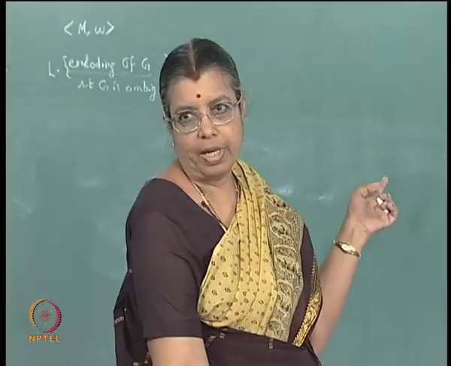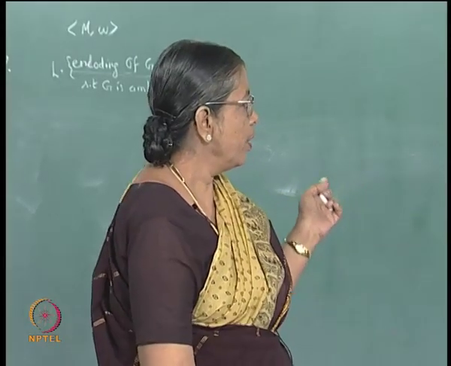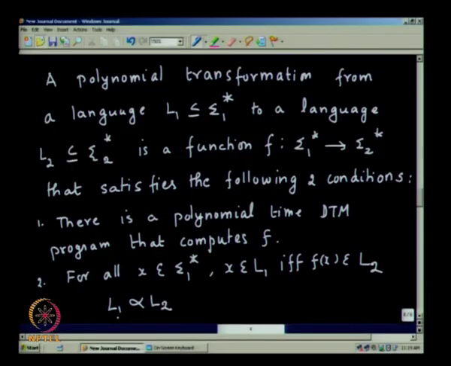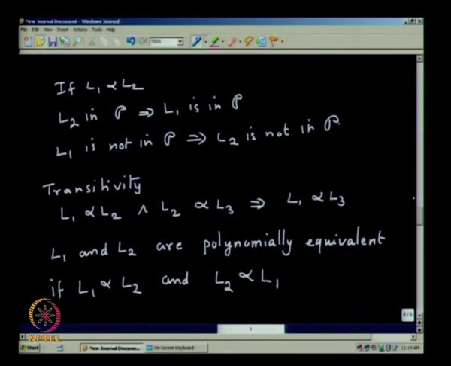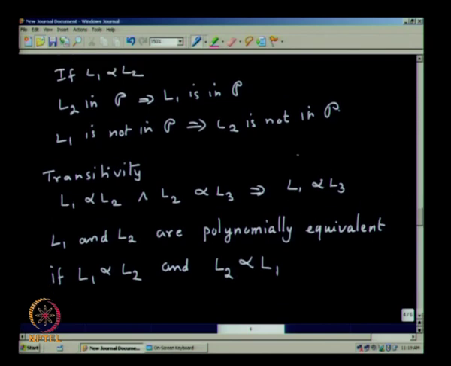Then you use the symbol, L1 is reducible to L2. The symbol is used. Now, having defined this, let us see some more things. If L1 is polynomial time reducible to L2,